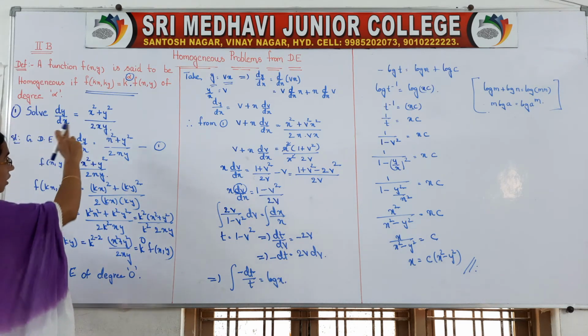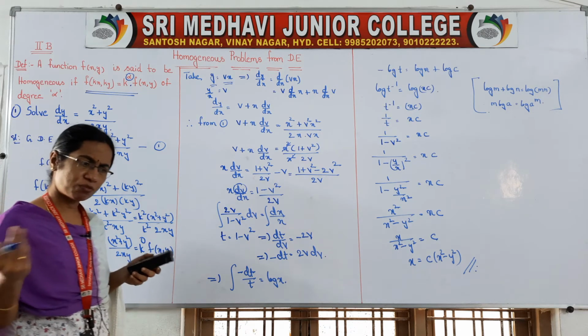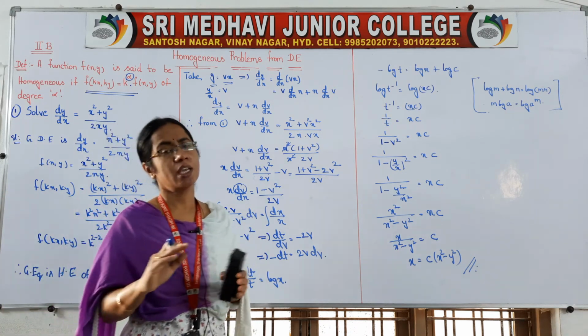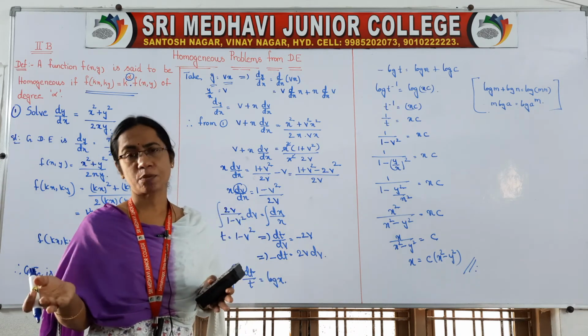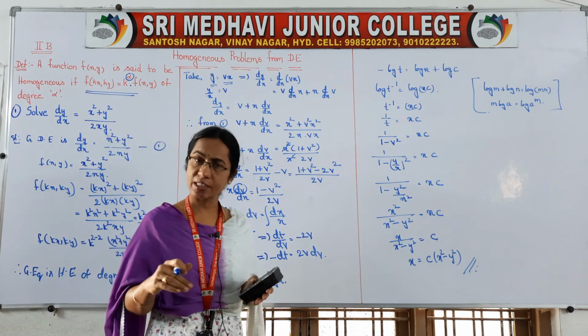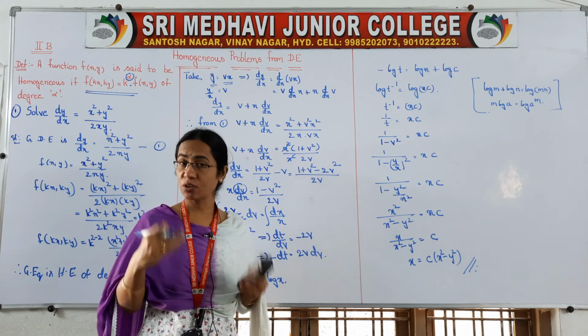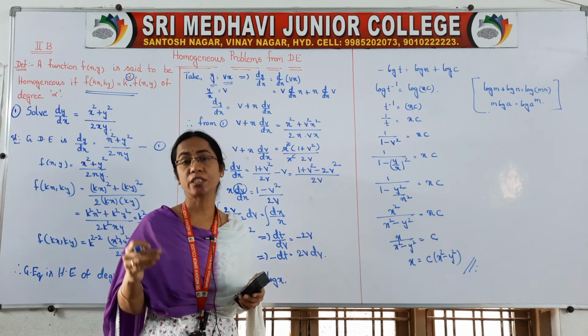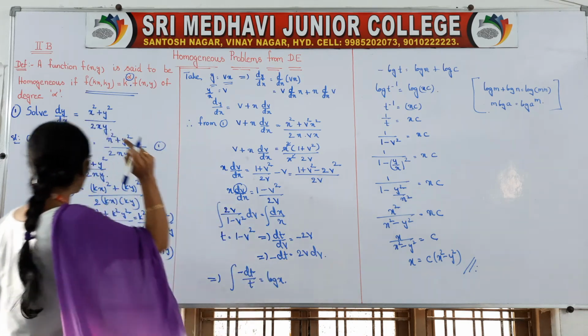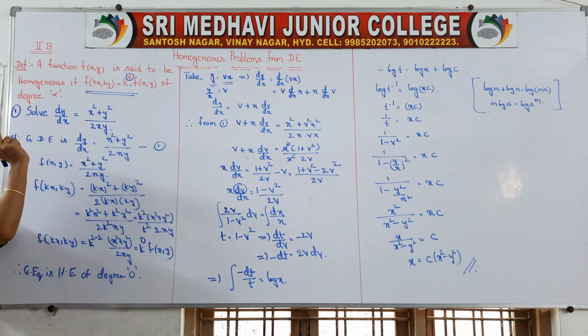Okay, so if you want to solve the differential equation, first of all you have to observe whether it is a homogeneous equation. If directly we can separate the variables and take the integration, that possibility is there, go for the variable separable method. If that possibility is not there, then we have to go for the homogeneous method. That means we have to check first whether the given equation is homogeneous or not. So how will we find? dy by dx is equal to x square plus y square by 2xy. Okay, so this is your differential equation.